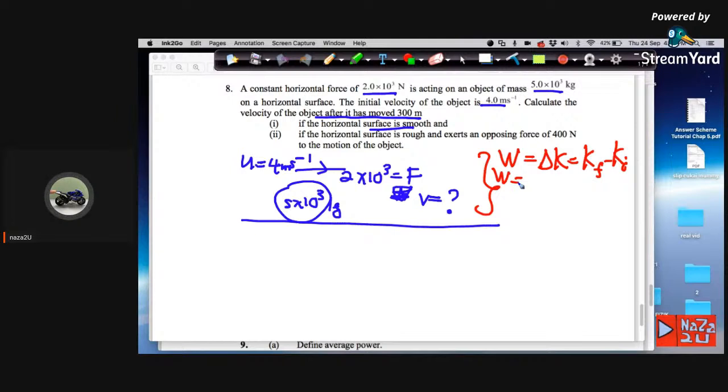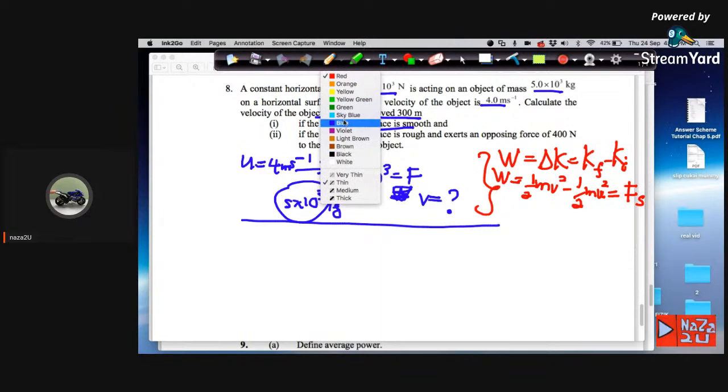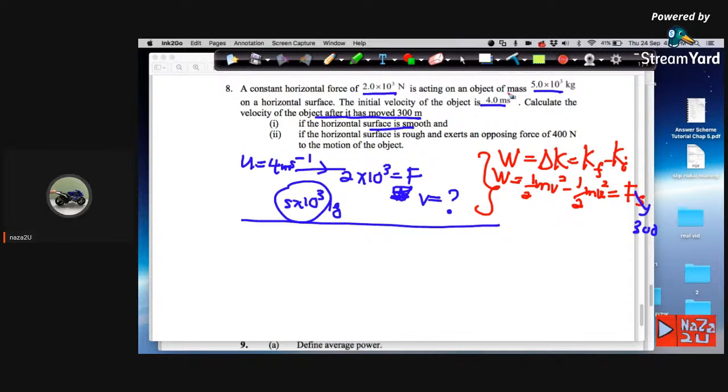So W is equal to kinetic energy final is half mv square minus initial is half mu square, but W here is force times displacement s. So daripada sini kita boleh nampak, because soalan ni dia nak cari velocity after move 300. So di sini kita ada s 300 meter, force kita ada sini 2 exponent 3,